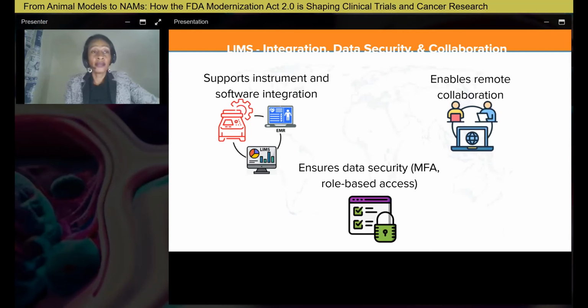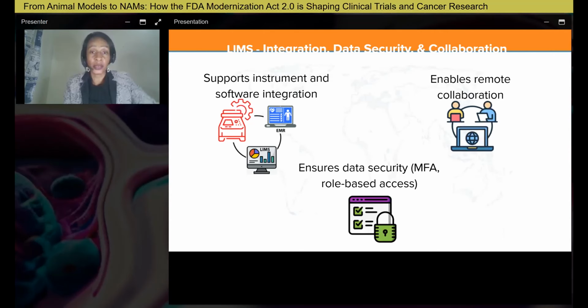What do you do when you have teams working in different locations? That's where a cloud-based LIMS comes in. With this kind of LIMS, your lab will have real-time access from whatever location. And these will also ensure that the different teams can collaborate easily without there being any